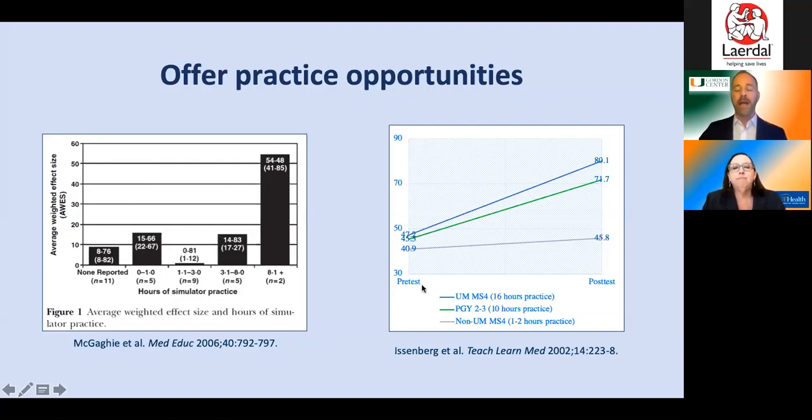In the pane on the right, this is a Harvey and UMedic specific study that we did a number of years ago, involving not only 4th year medical students at the University of Miami, but 4th year students at several other medical schools and internal medicine residents. PGY stands for postgraduate year 2 and 3. So senior internal medicine residents also participated. You can see very interestingly that at baseline, pre-testing, there was actually no significant difference in their abilities to recognize cardiac findings, et cetera.